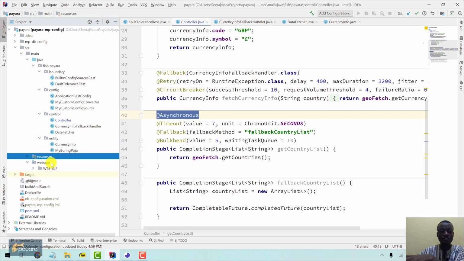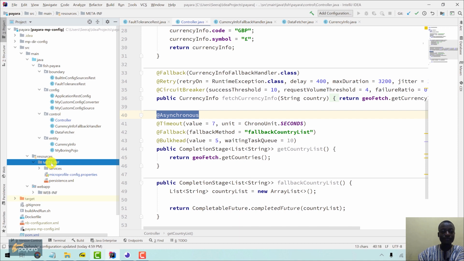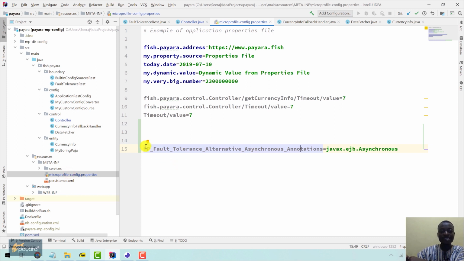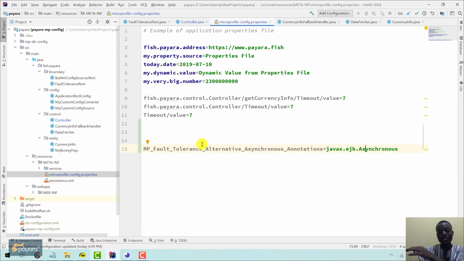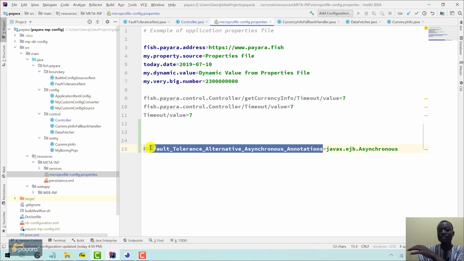So let's come to this particular file here. In the Eclipse MicroProfile config properties here, we need to set this particular key here, the MP fault tolerance alternative asynchronous annotation. Now in this case, we want the asynchronous annotation from the EJB API to have the same effect as the asynchronous annotation from the Eclipse MicroProfile project. And the Payara server platform allows you to achieve that through the setting of this particular value in any of the config sources. Config API is part of the Eclipse MicroProfile project,